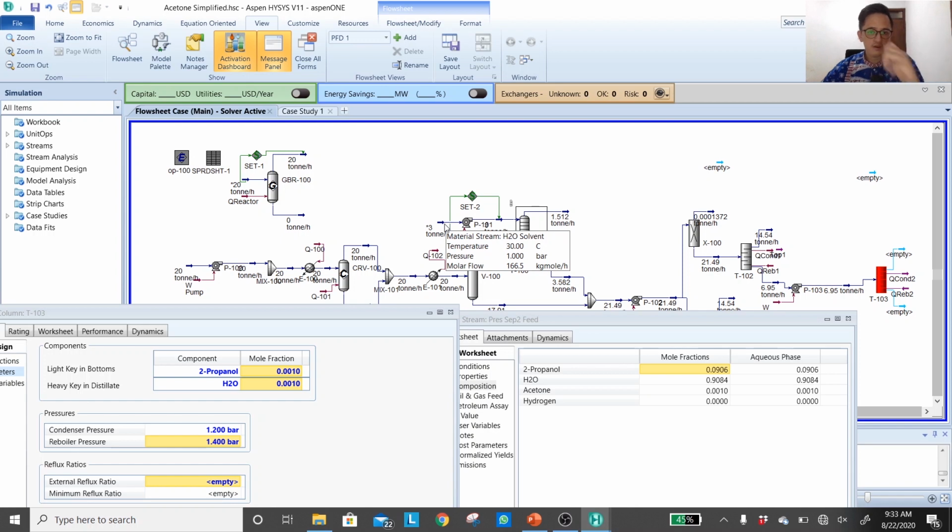Imagine if we hadn't decreased those numbers, we still kept 30 ton per hour. This water in the distillation column would be even larger, maybe close to 95 or even 98, 99%. So it's going to be very, very hard to perform a distillation at those high water contents.